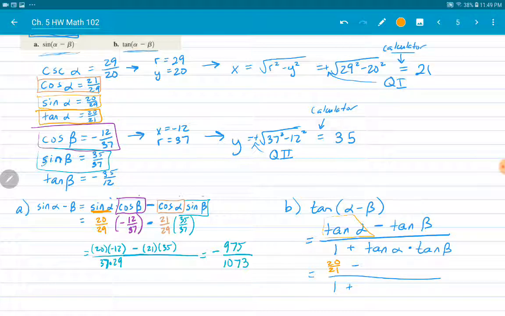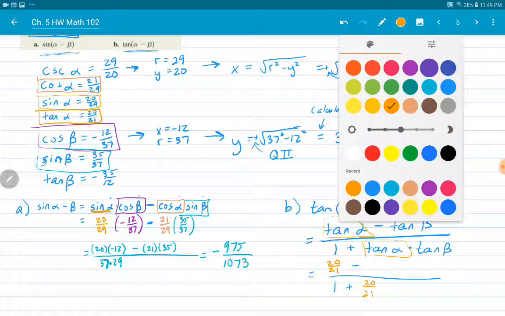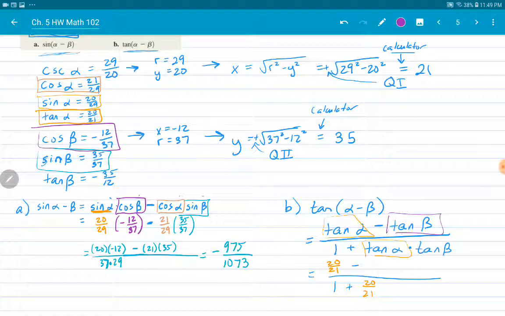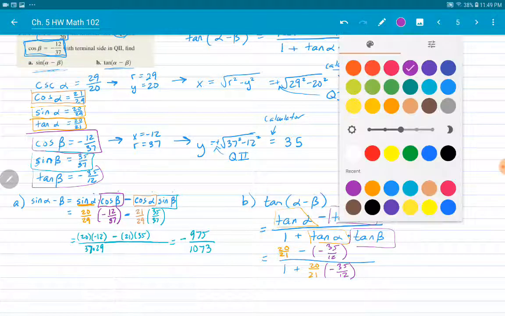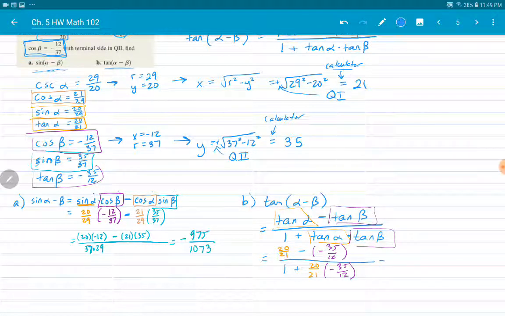I'm going to need tangent of alpha again down here, so that's 20 over 21. And tangent of beta, I have that one twice, and that's right here. That is going to be a negative 35 over 12, and that's a negative 35 over 12. And that equals,